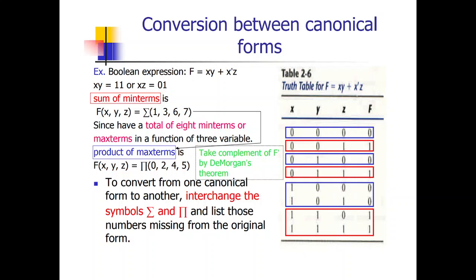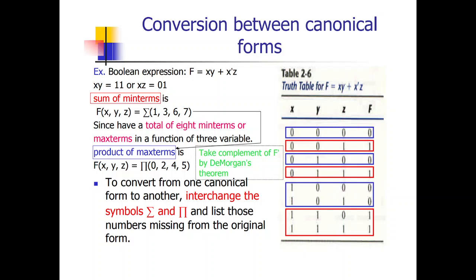So for finding f, we have to first find what is xy. So we have to AND the x variable and y variable. That is, the AND operation has to be performed with the x column and the y column. Then x dash z has to be found. Before finding x dash z, we have to find x dash alone. So here x and x dash have to be found. After that, we have to consider the x dash column and the z column. That x dash and z column have to be considered for performing the AND operation.